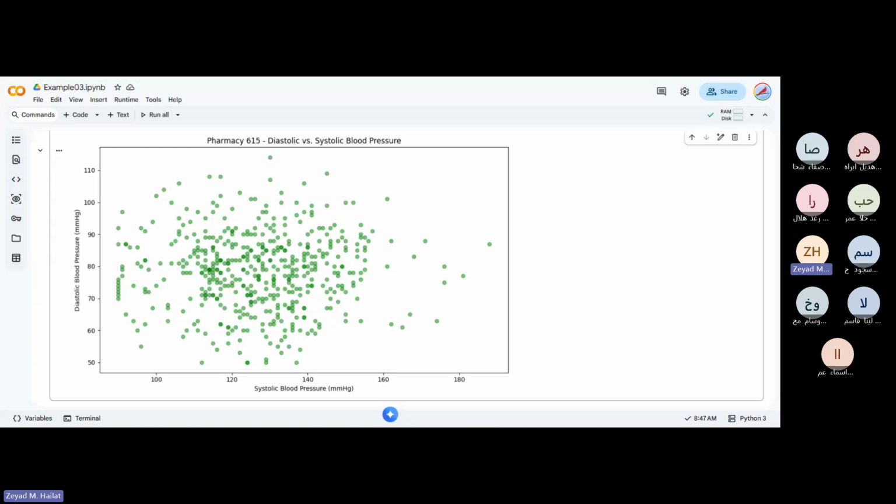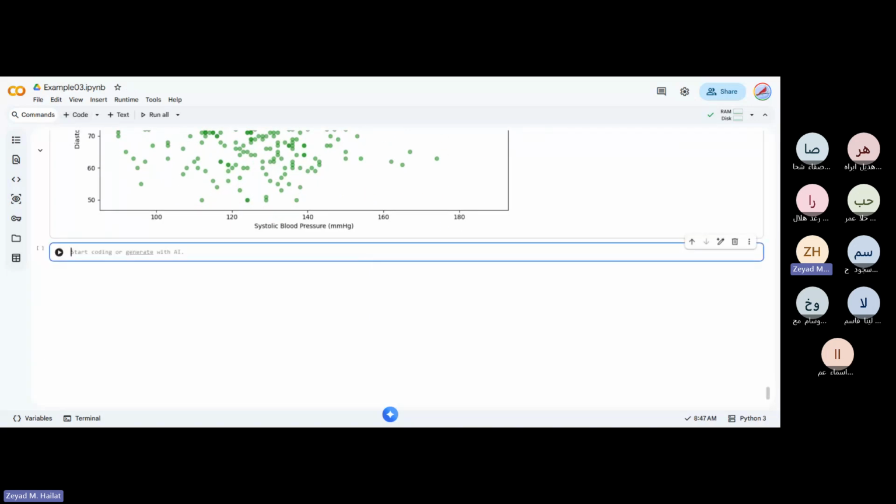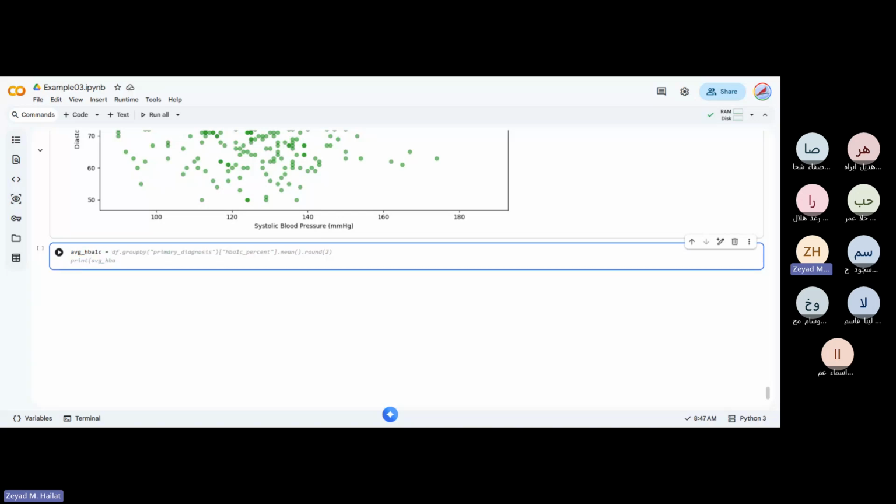And let's see, for example, I would like to create more analysis. Let's look at one more chart. So this chart, we'll just get the average HbA1c, and this average, we'll just create a group. For example, my group by will be the primary diagnosis, and we will look at the mean. Okay, and we are rounding by 2, and let's sort the values,